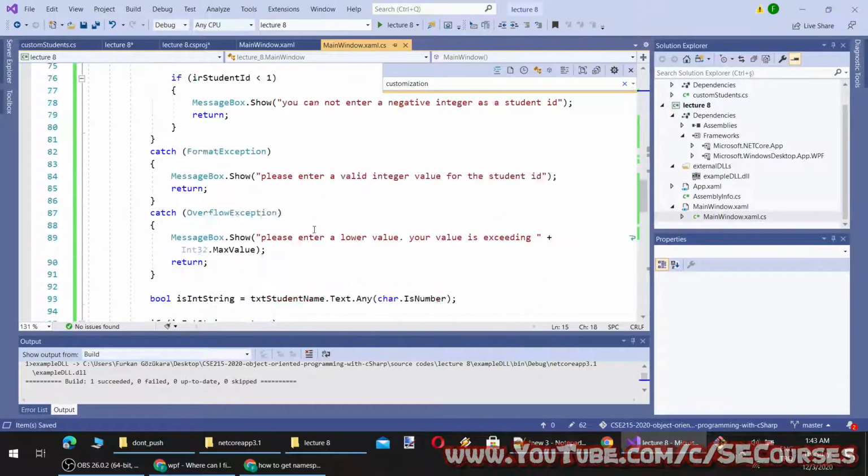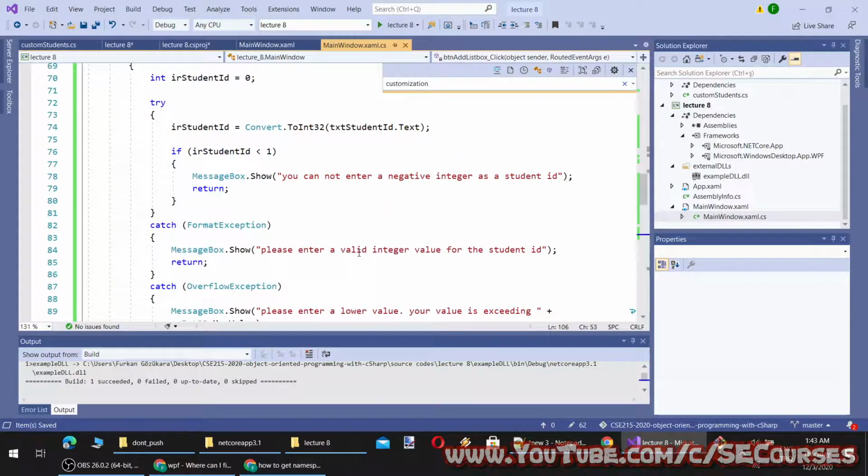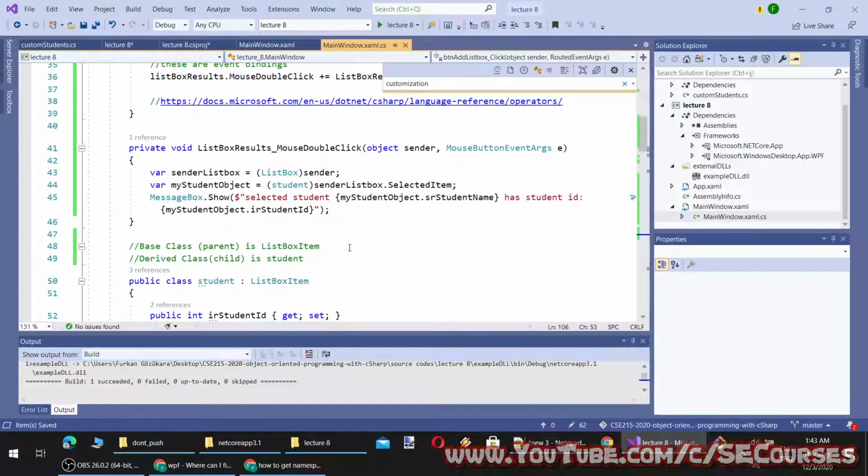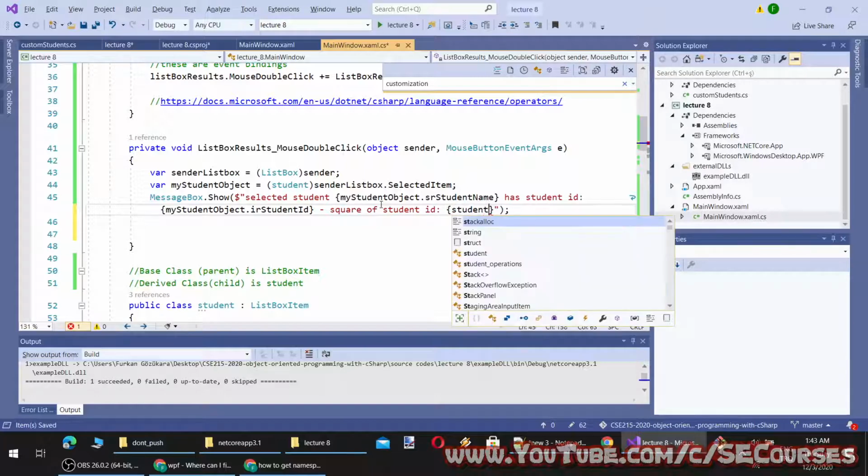So at the double click event I am going to reference it, and it was somewhere here. Okay, here, and I will also show the square of student ID from my student operations.